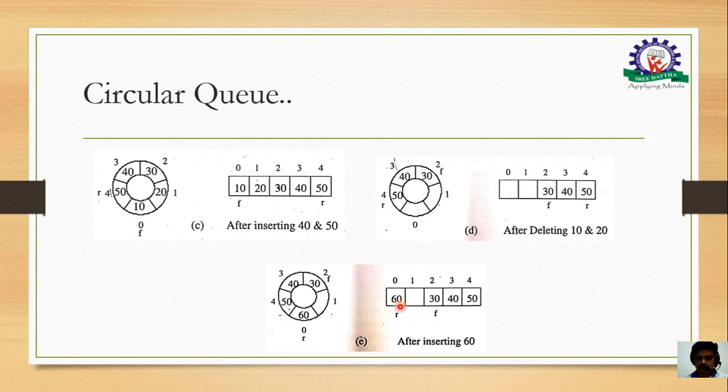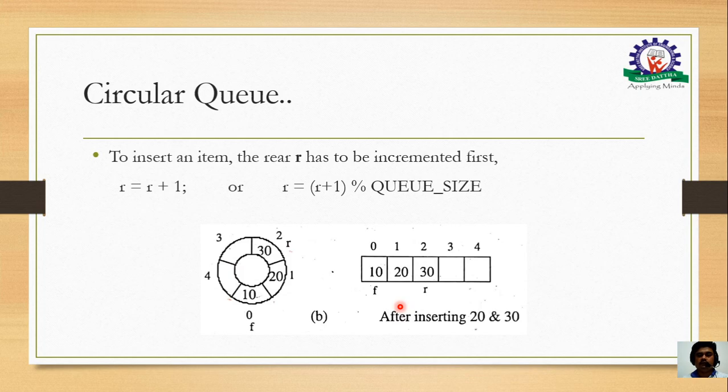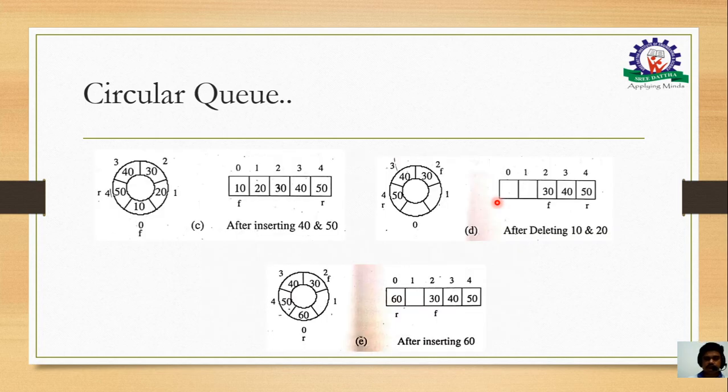I hope you understood why I am going for the second way of representing the incrementation, that is r is equal to (r plus 1) modulus queue size. So further in the program or in any function, if this statement repeats, please try to remember what I explained now. Okay, right. So I hope you understood how we consider the queue.